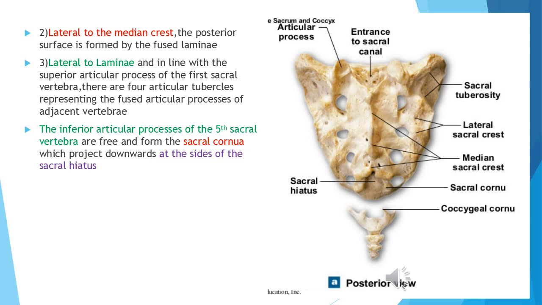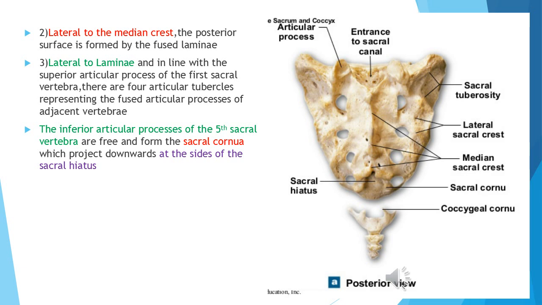So in line with the superior articular process of the first sacral vertebra, you can see there are 4 articular tubercles, which represent the fusion of the articular processes of the adjacent vertebrae. So, when coming to the inferior articular process of the fifth sacral vertebra, it is free, and it forms the sacral cornua, which is projecting at the side